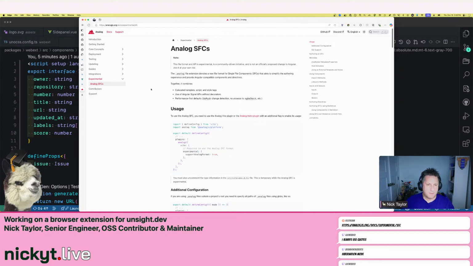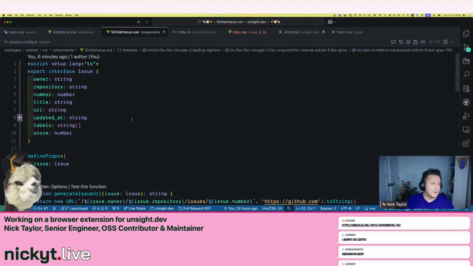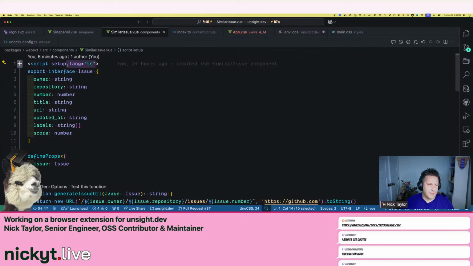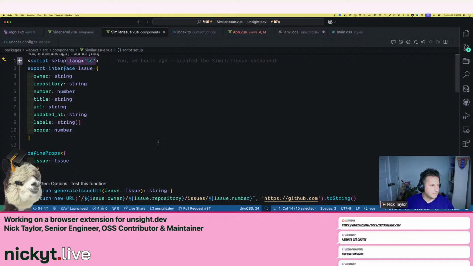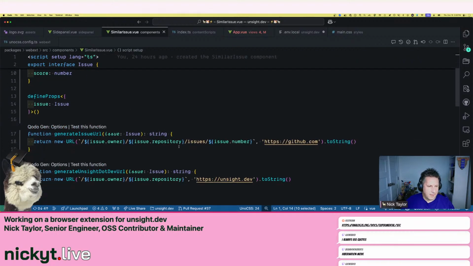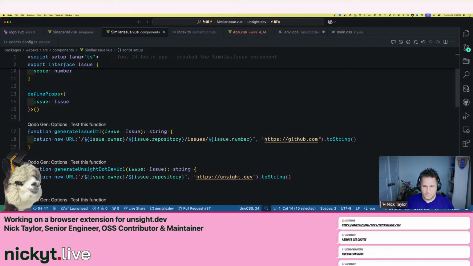Anyways, that's one thing I like about Vue as well, the single file components. So you have a script tag, and then you can specify lang equals TS. You can default to JavaScript if you want, but I'm using TypeScript. And there's a couple things I wanted to pull out. So this here,